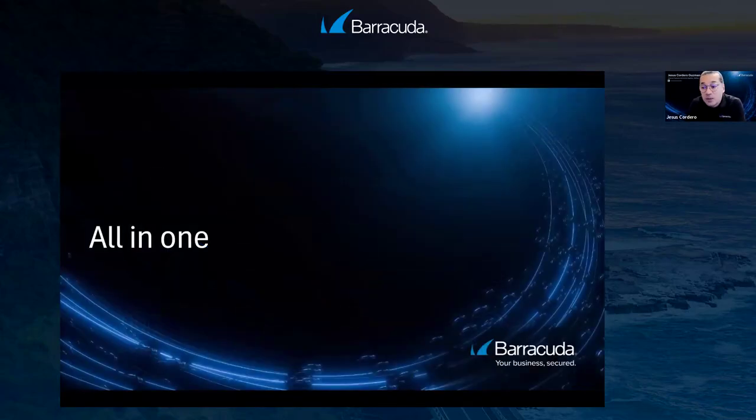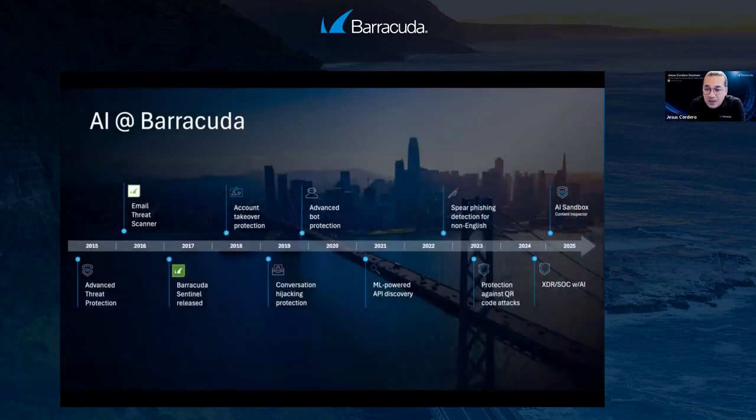Now, all in one, coming to an end, where are we coming from? As you see, we at Barracuda have been implementing artificial intelligence since the early 2015 years, and all that intelligence is coming closer to the branch office of one to identify which kind of content you are pushing through your laptop to the company network, going to the internet, coming back, etc., and more things to come next year. So stay tuned with us, because Stan and me and the entire staff at Barracuda are preparing more webinars with better technology than today.